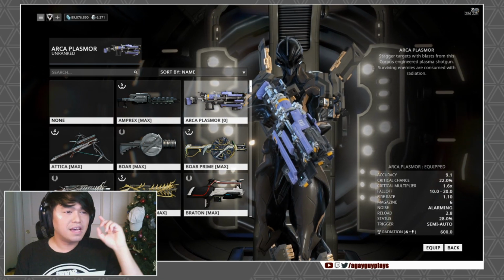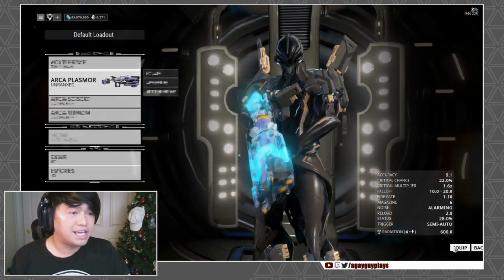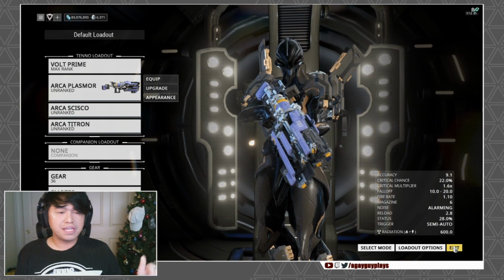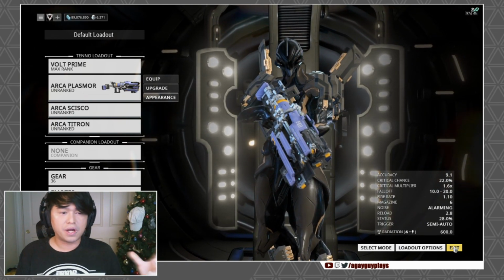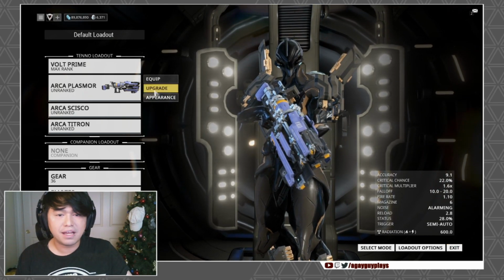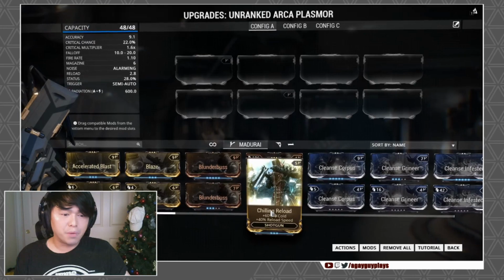It also says it staggers targets with blasts from the Corpus Engineer Plasma Shotgun, but surviving enemies are consumed with radiation. So I'm thinking in my head that potentially it's going to work kind of like the Cycron, where no matter what, you're always going to apply the status, but any other statuses that come in are going to work. But as you can see, we've got a 28% status chance,